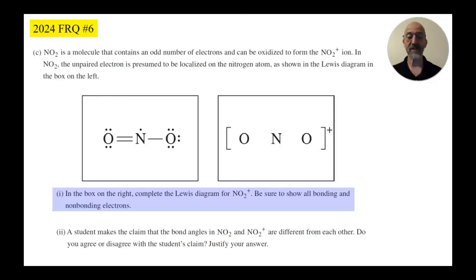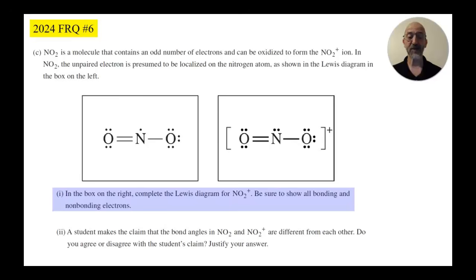Here's what we have to do, which is the incomplete diagram on the right. In the box on the right, complete the Lewis diagram for the NO2 plus ion. Well, if you're not sure whether the NO2 plus means lose an electron or gain an electron, I will show you what the student did. So I see 17 total valence electrons on the left, and this is what the student wrote for their Lewis diagram. Now at first glance, yes, every atom has a complete octet, so that's good, but if you count the